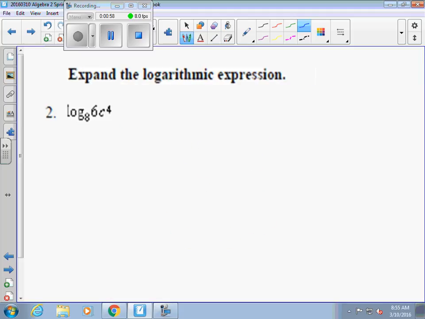Number 2 tells you to do the opposite, expand it. The first one was to condense it. This one's to expand it. The first thing we're going to do is it says log base 8, and then it says 6 times c to the 4th. The first thing we're going to separate, since we're undoing it, remember, normally you work, please